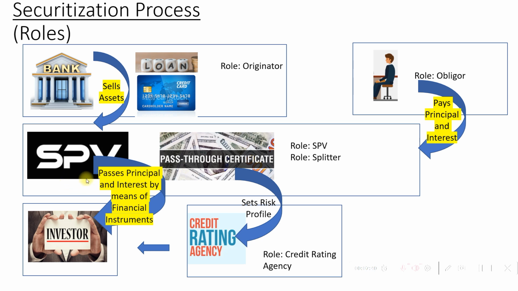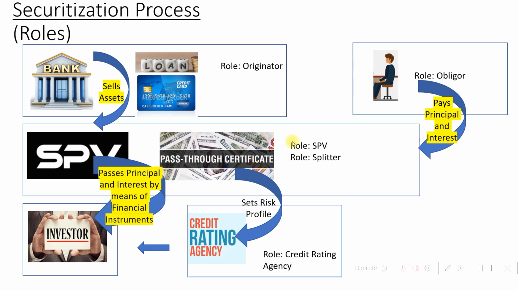Now what is the next role? It is splitter of securities. What does that role do? So this role is also played by the SPV, where various assets are split by the issue of pass-through securities or pay-through certificates, which are a form of debt securities of beneficiary ownership, according to the maturity date and interest rate, with or without recourse. We'll explain what is pass-through certificate soon. Now, that is the role of splitter of security, which is again fulfilled by the special purpose vehicle.